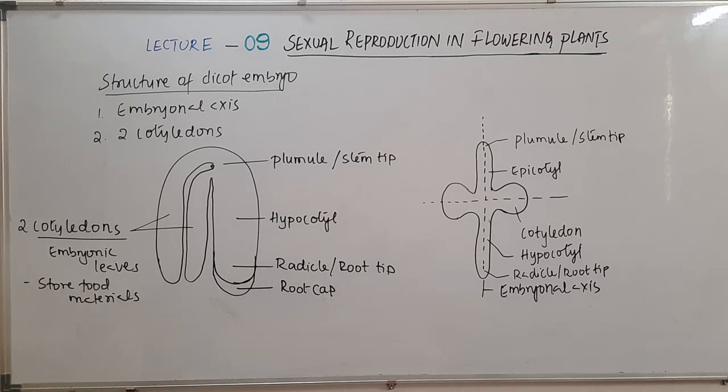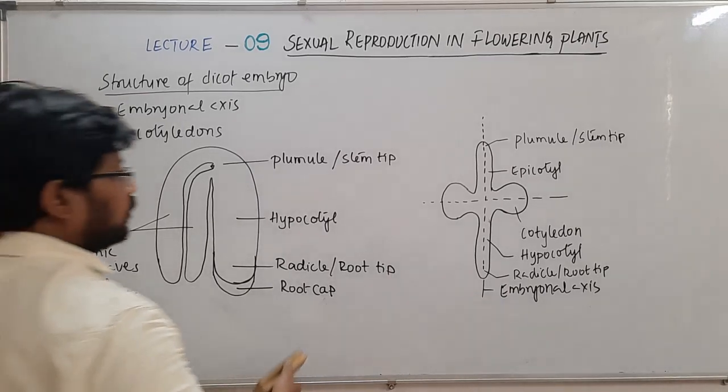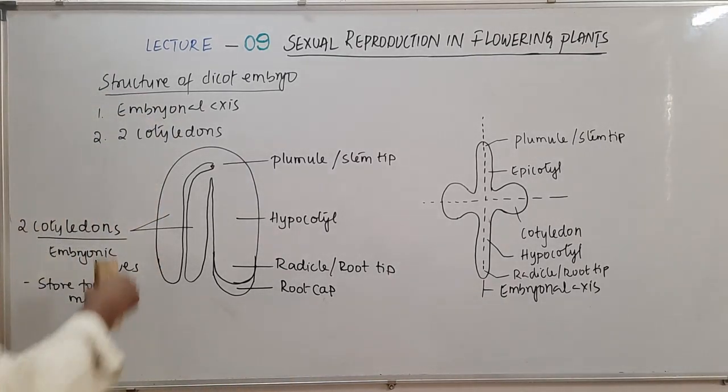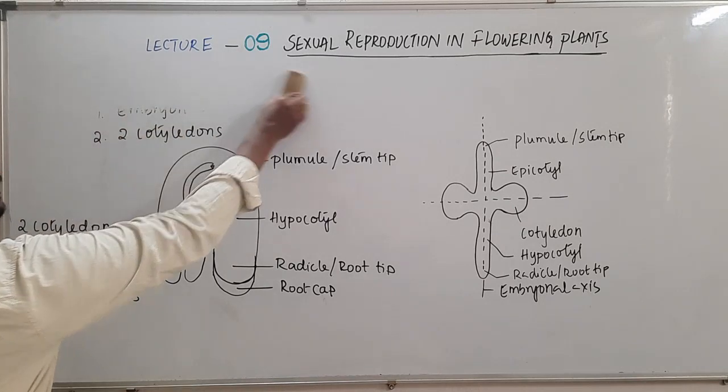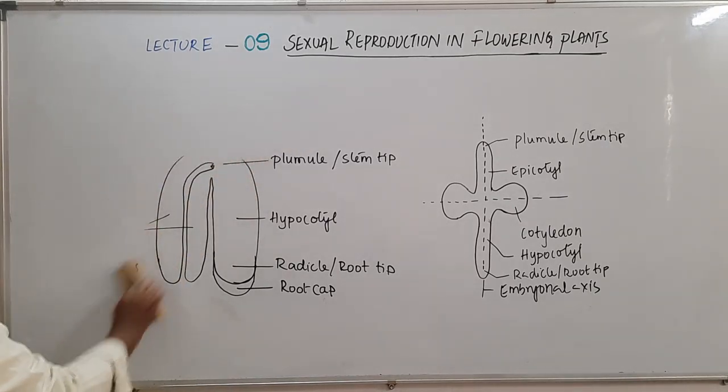Okay, and these food materials stored in the cotyledons will help in providing nutrition during the process of germination, right? So that's about the structure of a typical dicot embryo, right? This diagram is important for board examination. Fine, so now let's move on to the next one,